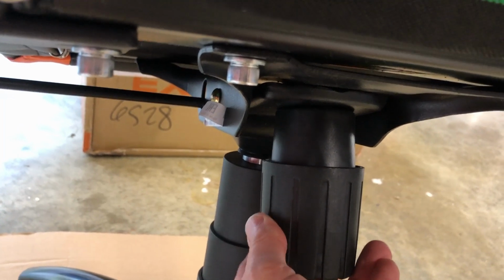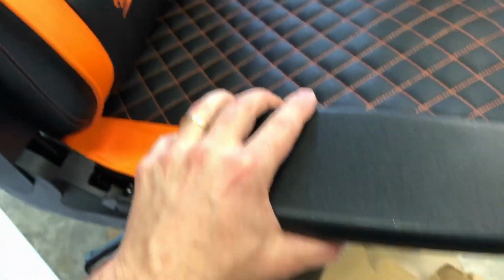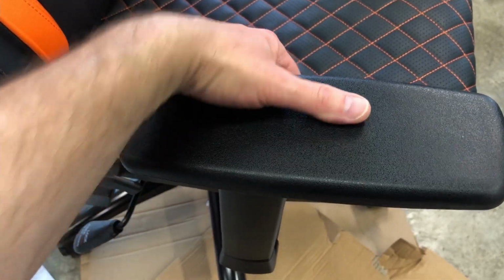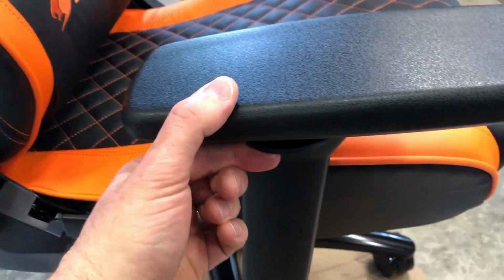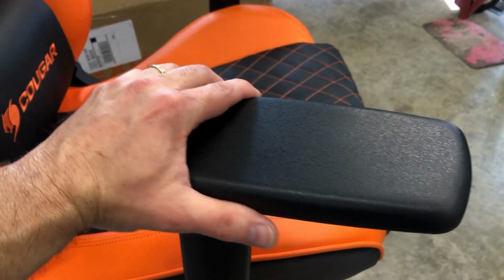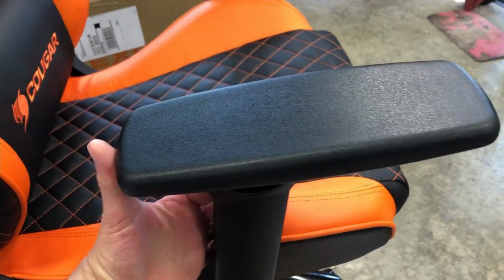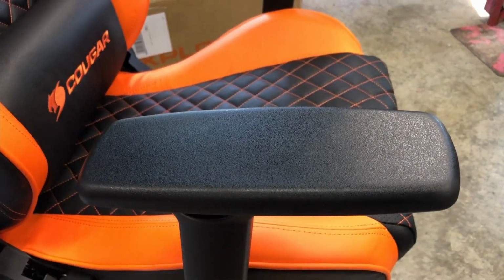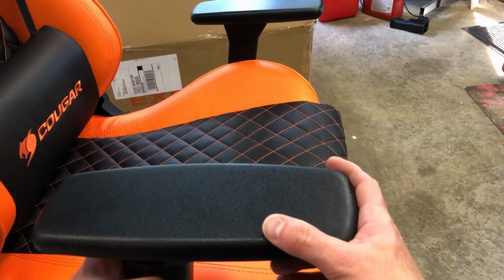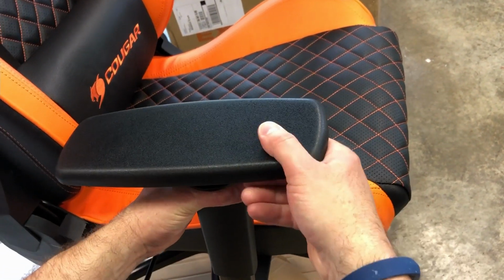You adjust this, you tighten it or loosen it, and that controls how easily the chair will rock. Next are the armrests. We have several degrees of freedom there. Right here there's a little tab you squeeze, and it allows you to raise and lower the arms. You also have the ability to rotate them, and they detent and lock into position, and they also slide forward and back. And there they go. They slide back, forward, and there are little detents there so you can sort of move it to the position